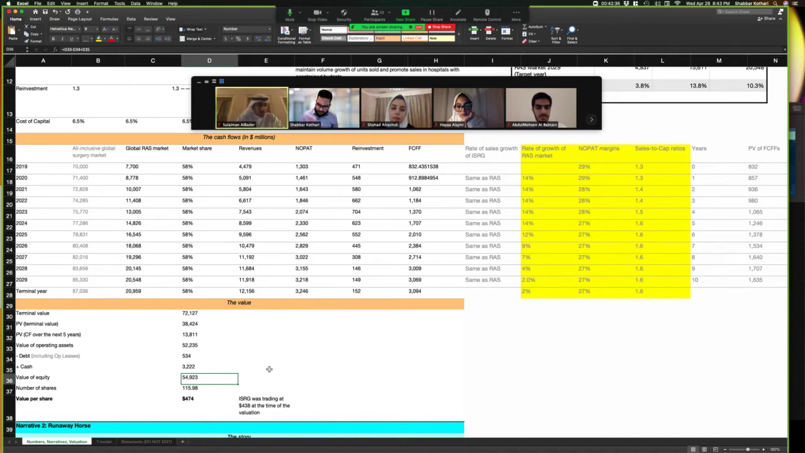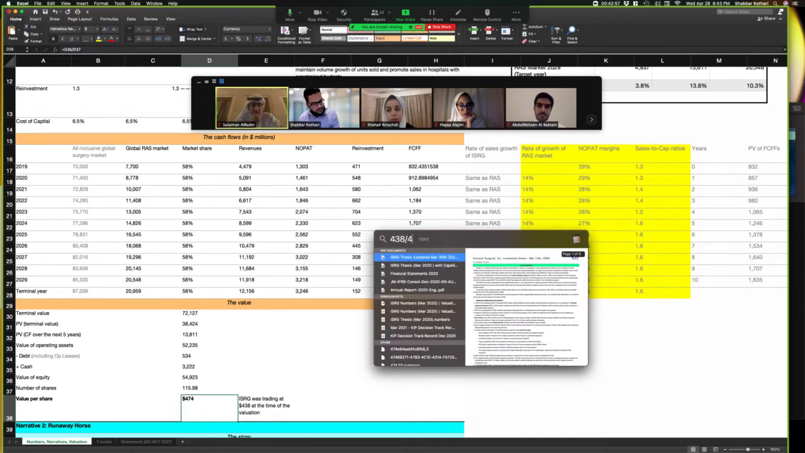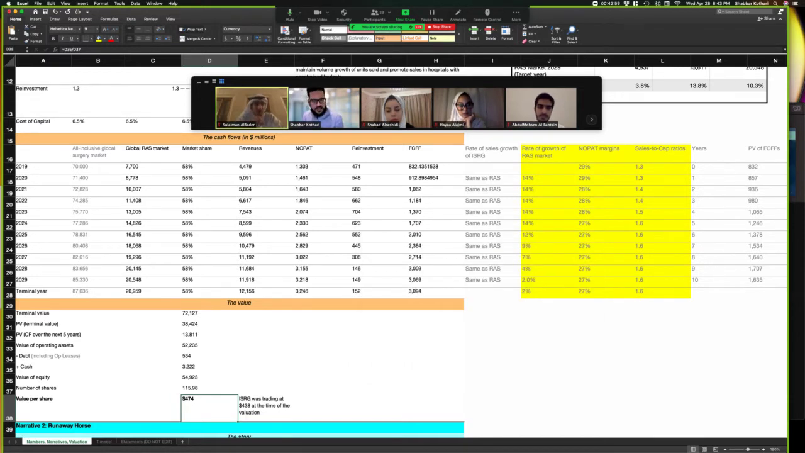You divide that by the number of shares outstanding today, which is 116 million. And I got a value, again, back to March 2020, of 474 for narrative 1. Now, at the time, ISRG was trading at 438. That is to say that I observed a discount of about 10%, about 8%. Pretty interesting for a powerful, formidable business like ISRG. They usually trade much, much higher than their fair value. So this was exciting because it indicated to me